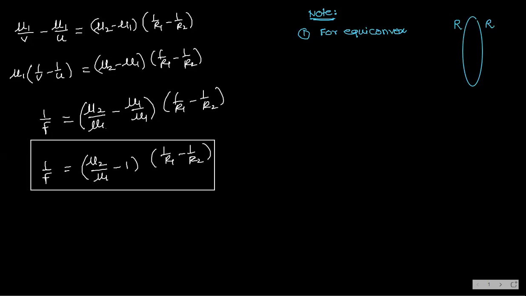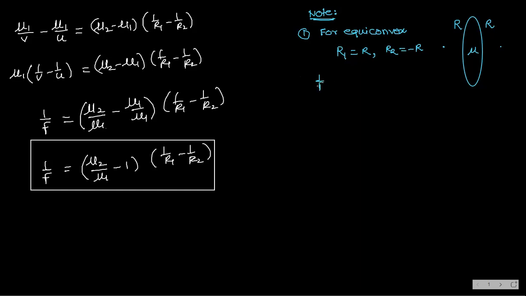So what we are having here, R1 is equal to R and R2 is equal to minus R. This side is coming, right? If we see this side, the center of curvature distance is negative again. That's why R2 is minus R. But for the first surface, the center of curvature is here. So this side it is plus, this side it is minus. Now let's substitute, and its refractive index is mu. Let's substitute in this formula.